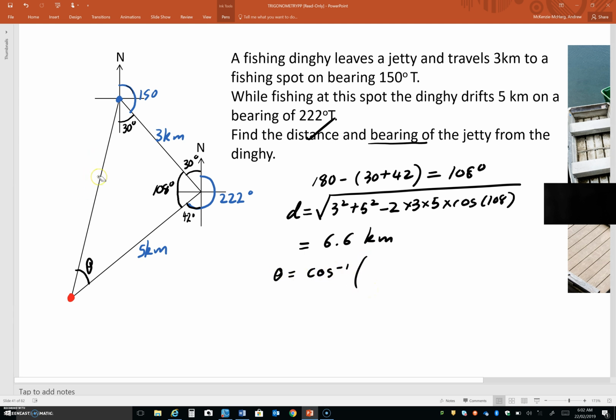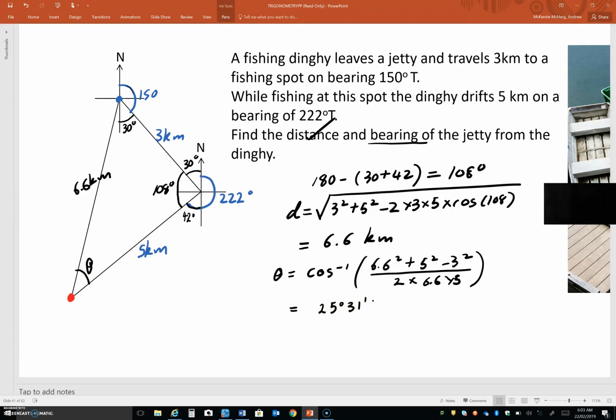So given that this now is 6.6, okay, so using the information there to get this angle in the triangle. And we should get that that angle there is 25 degrees 31 minutes. Now, that's not going to tell us the bearing yet. But now that we know this is 25 degrees 31 minutes,